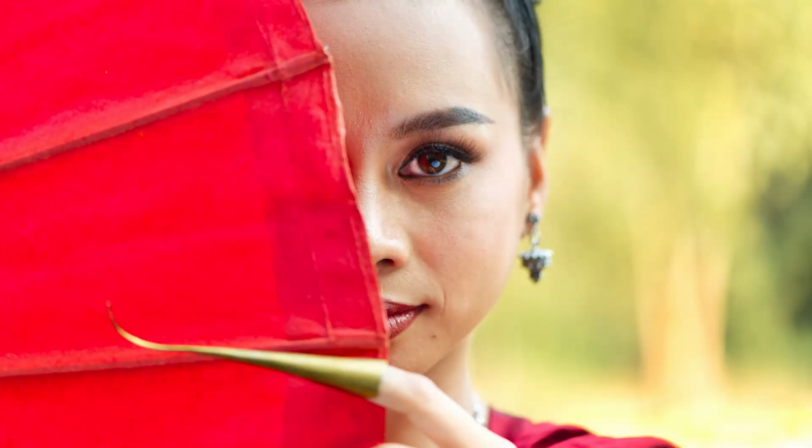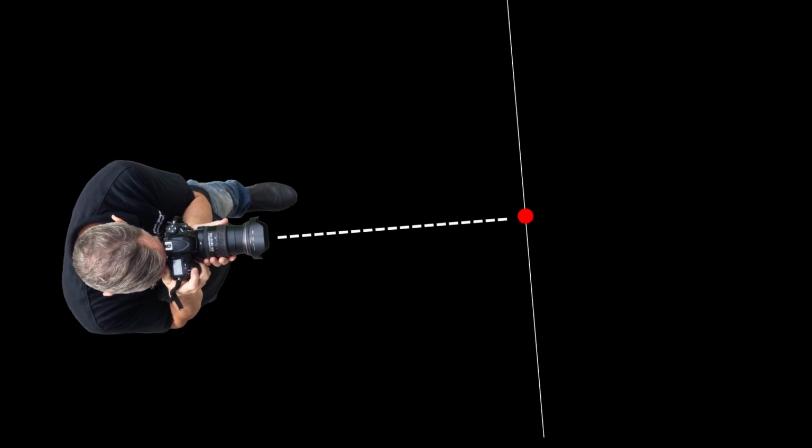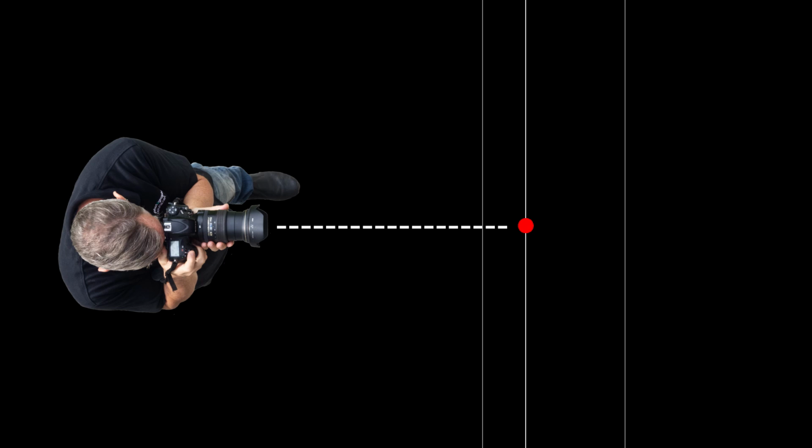Depth of field is the amount of your photo which is in acceptably sharp focus. When you focus on a point, the whole plane that point is on, which is parallel to your camera sensor, will be in focus. A certain amount closer to and further from your camera will also be acceptably sharp. How much is sharp is referred to as the depth of field in a photo.